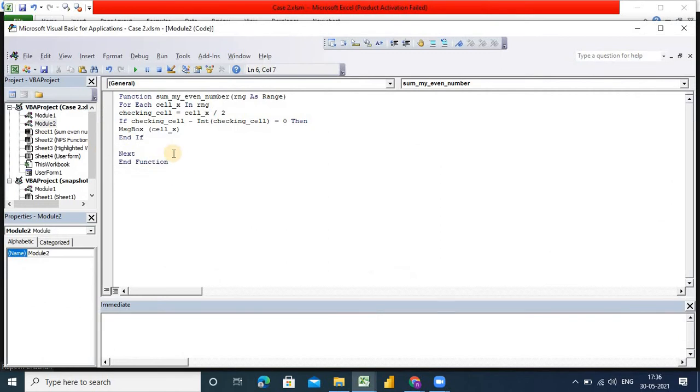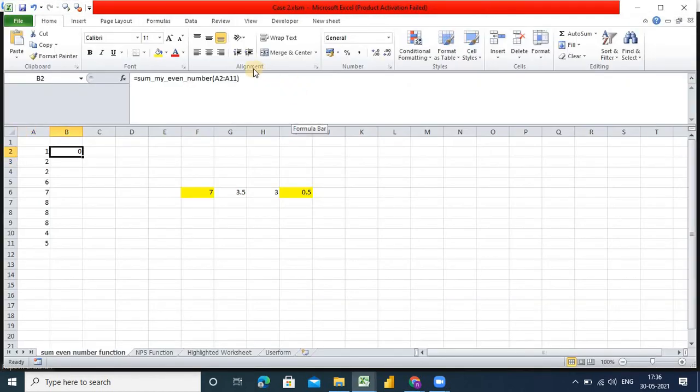First of all we have to assign a blank variable called output above the loop. Now whenever the loop runs, it will add the values one by one. So for that, output plus cell dot value, like this. Now MsgBox output. Let's run it again.